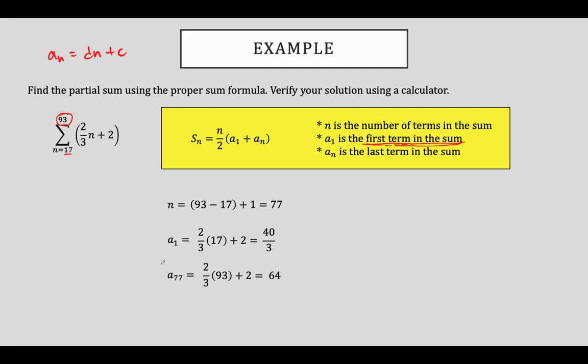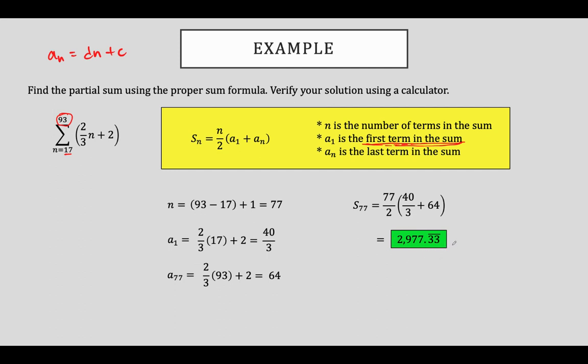And now that we have the last term, the first term, and the number of terms that we are adding together, we plug them into the formula. S subscript 77 is equal to 77 over 2 times the quantity 40 over 3 plus 64. We hit enter and we get